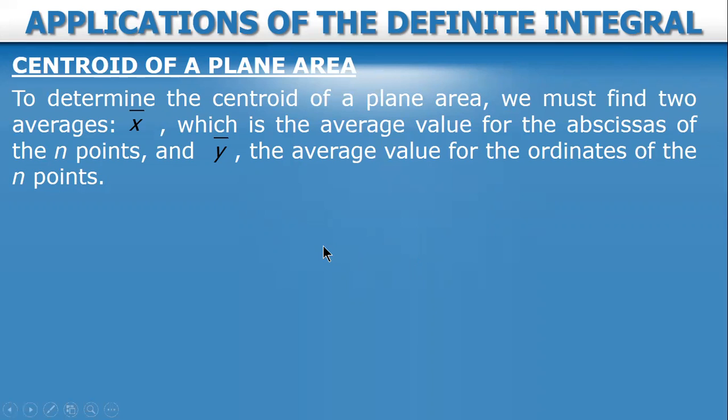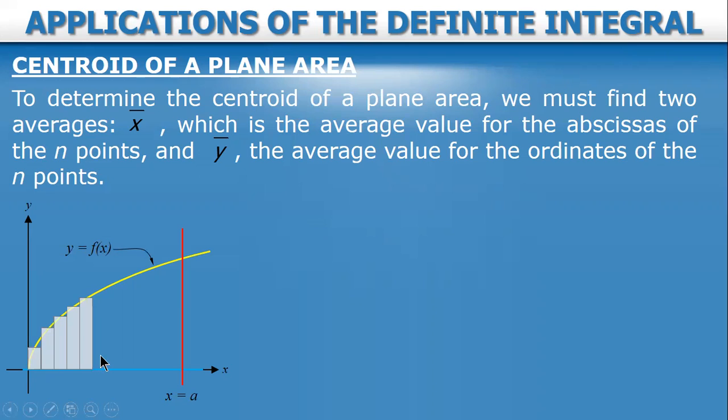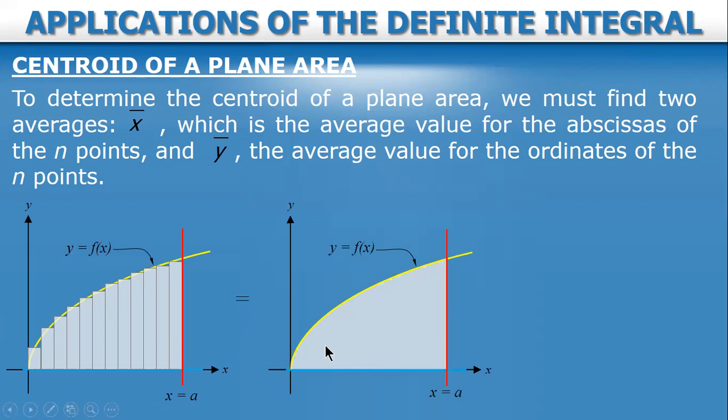Suppose we have this plane area. You have this curve, y a function of x, bounded also by the x-axis and this line x equal to a. Now, using Riemann summation, we can approximate the area by considering several rectangles like this, up to the upper limit. Now, if you use integration, the exact area is this one. So, to determine the centroid,